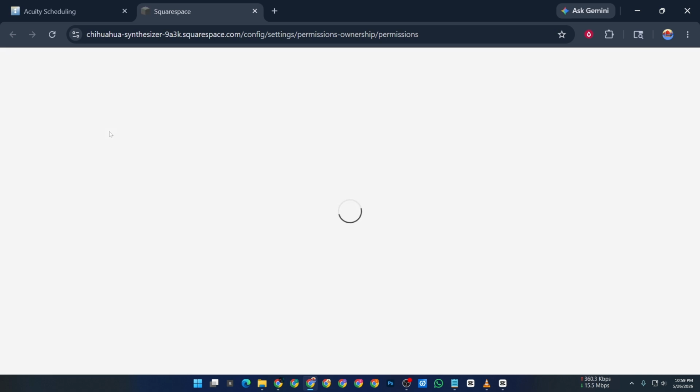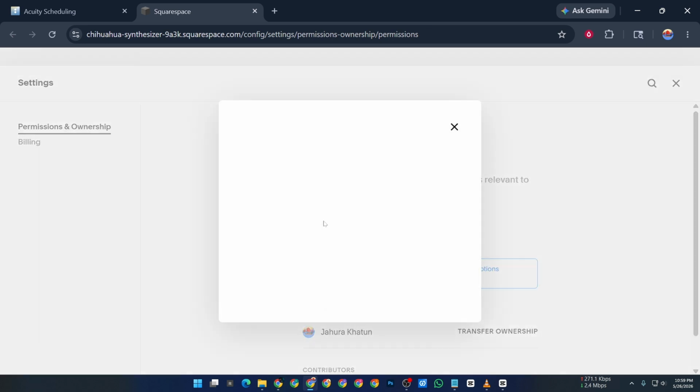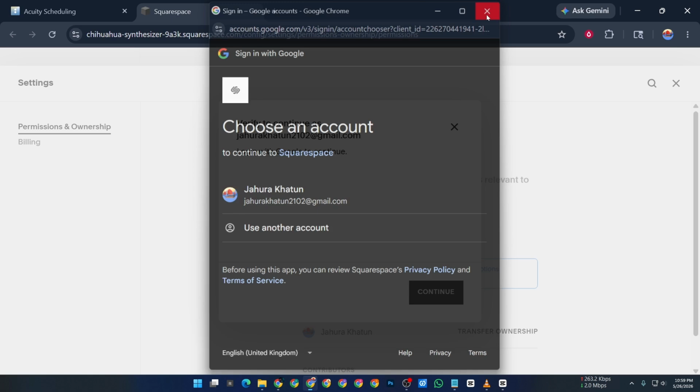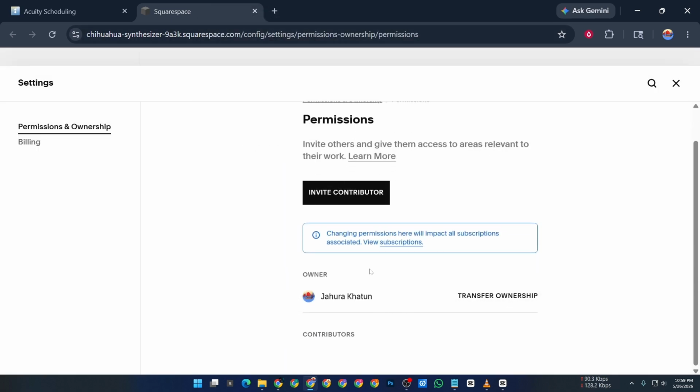Next, enter the email address of the staff member you want to add. Acuity will send them an invitation to join your account. After that, choose the permission level for the staff member. For example, you can allow them to view only their own calendar, manage appointments, or access full admin settings, depending